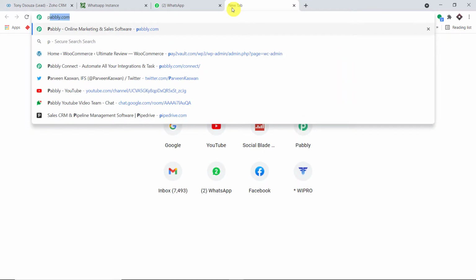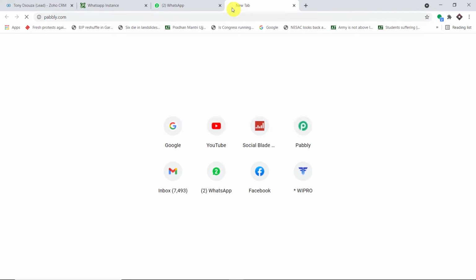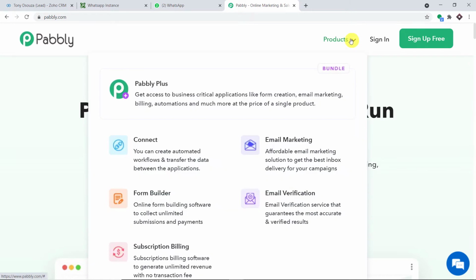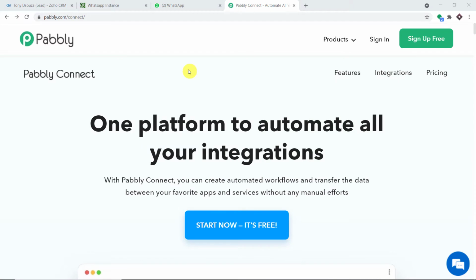Okay, so to begin the process, in a new tab, let me type pabbly.com and press enter. This is the website of Pabbly. Hover on products, and here you will find Connect. Just click on Connect. Now there are three things I have to tell you. First, we are using WA API to send the WhatsApp messages. Second, PabblyConnect doesn't own WA API. WA API is a third-party software we are using to send the WhatsApp messages. Third, and perhaps the most important thing, WA API is a paid software, although you can use WA API on a free trial for some days.